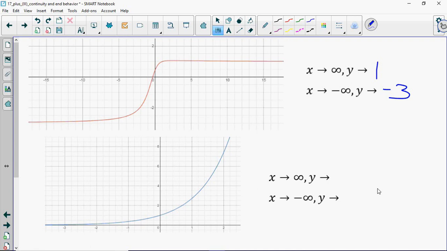So here, as x approaches infinity, the function's going up, so the y value is approaching infinity. But as x approaches negative infinity, the y value appears to be approaching 0. Now I'm being pretty careful in all these examples to say the y value appears to be approaching 0, the y value appears to be approaching 1 or negative 3, etc., because it can be hard to tell exactly from